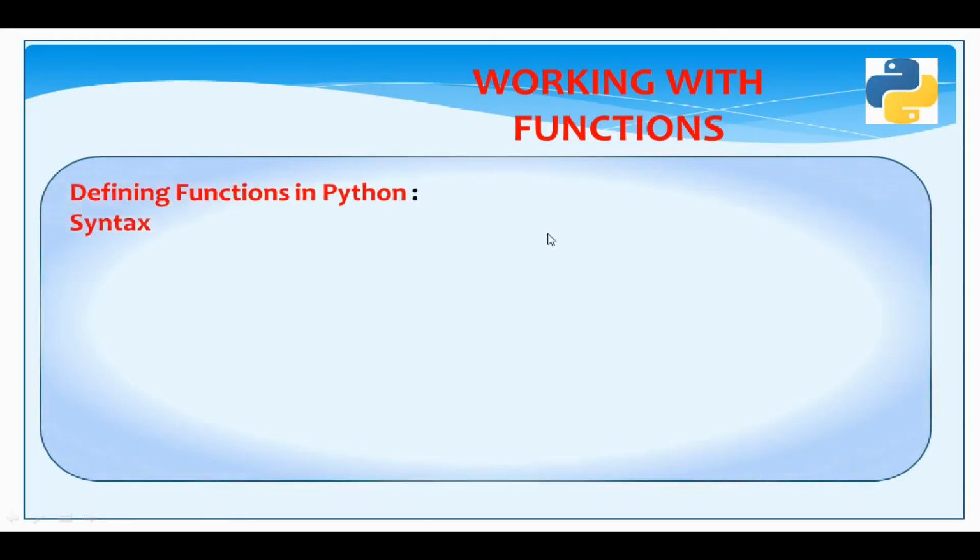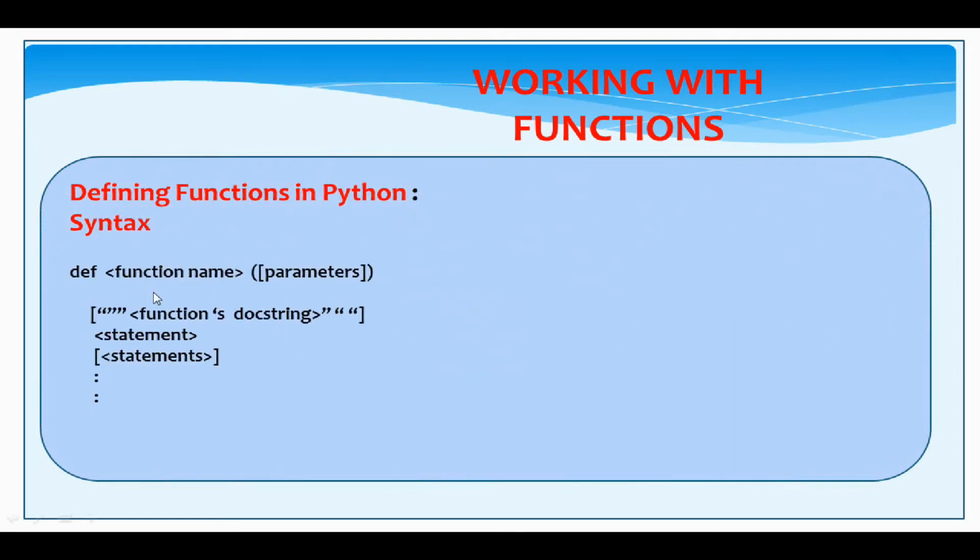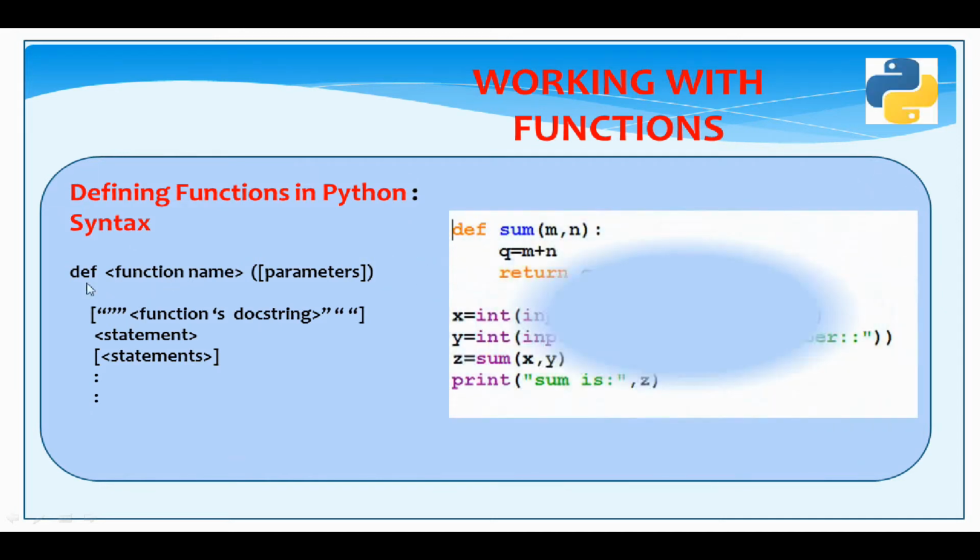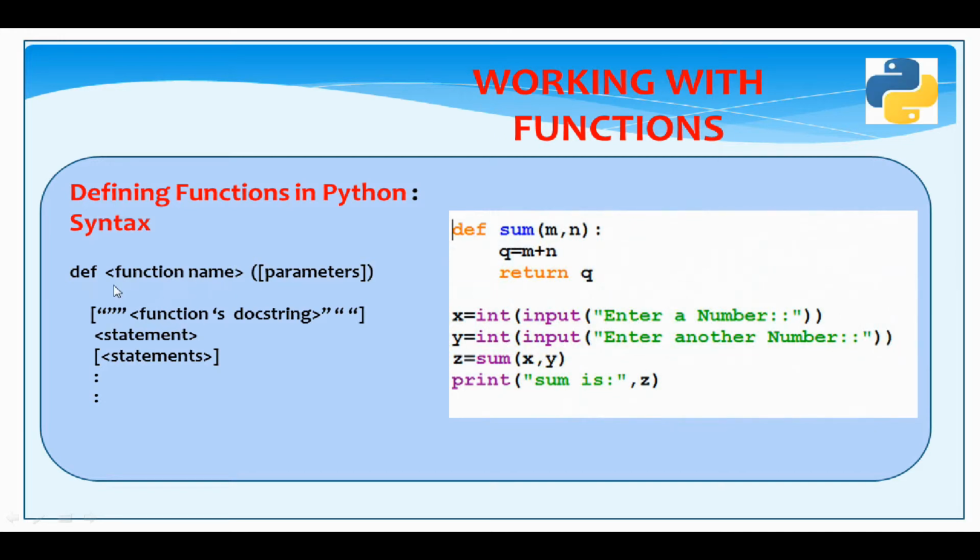Now try to understand how we can define functions in Python. See, this is the syntax of creating functions in Python. All functions in Python are created using the keyword def followed by a function name. The function name follows the identifier naming rules, just like we give variable names. Then the parameters are given. Then the body of the function is written just below, and those lines are indented a little bit towards the right. Here I am showing you a function sum, a user defined function.